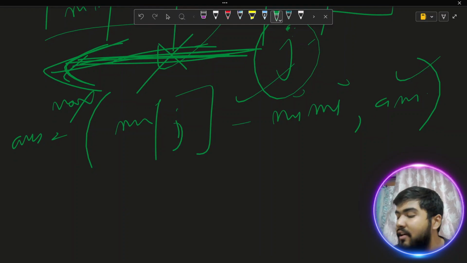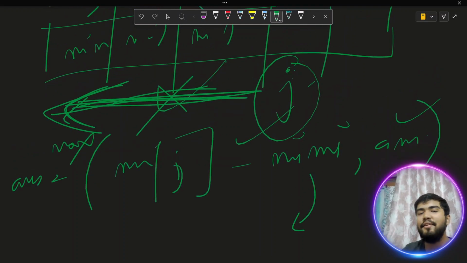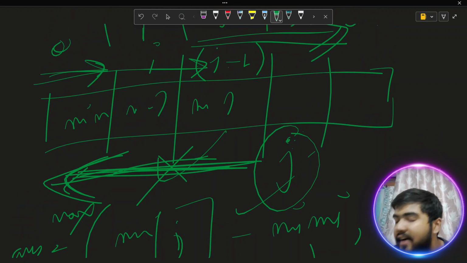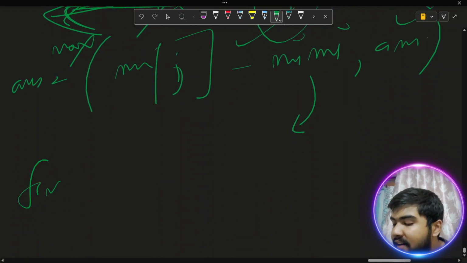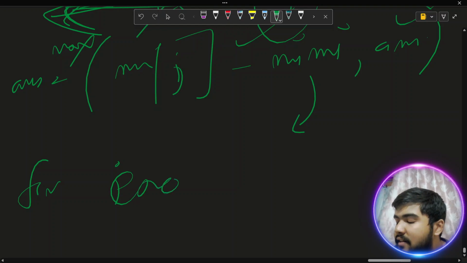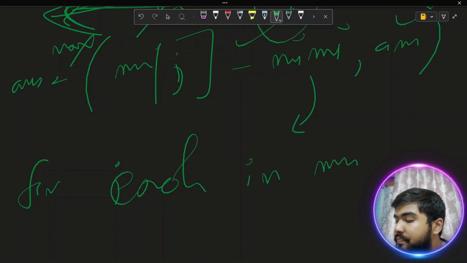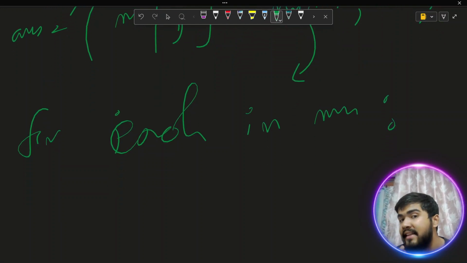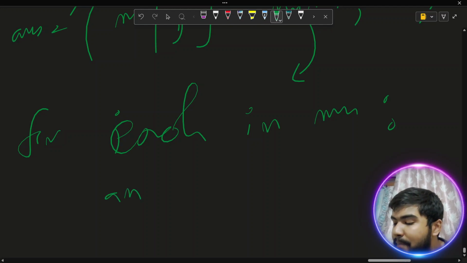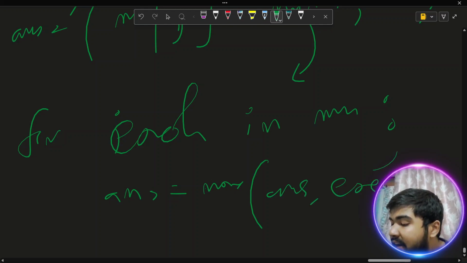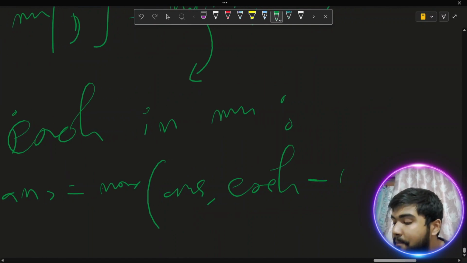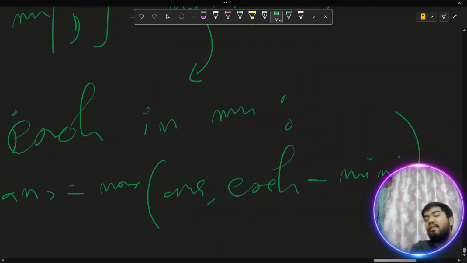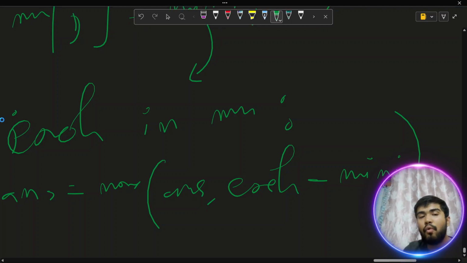Now Shouvik, how can you calculate your mini? It's very simple, guys. When we are iterating with my j to the forward, I will definitely store it. So let's write the algo now. For each in nums, excluding the current index, I have to consider mini. So maybe my mini is already calculated. So the answer should be the max of answer and the current index minus my mini. So mini should already be calculated for its left part, and when I am going to the next index,